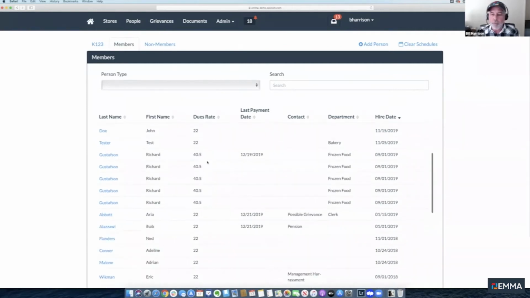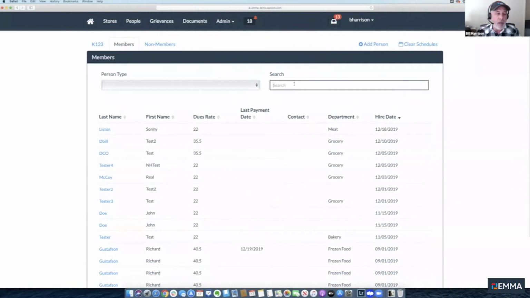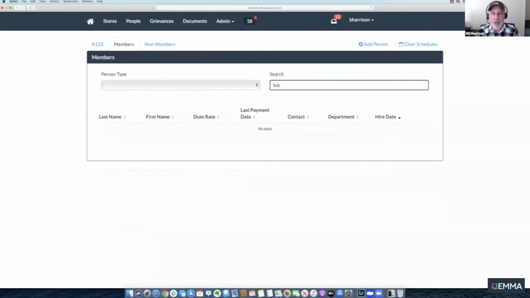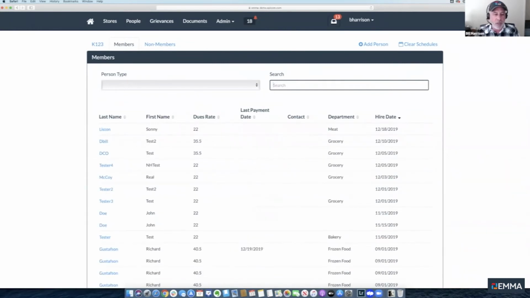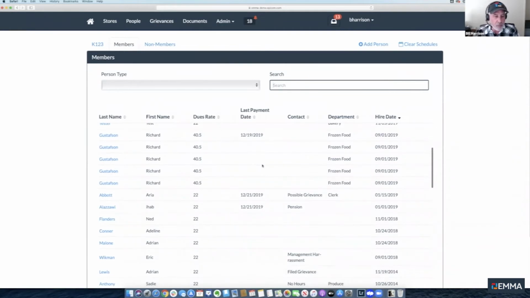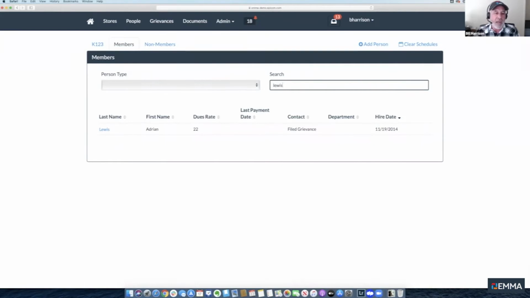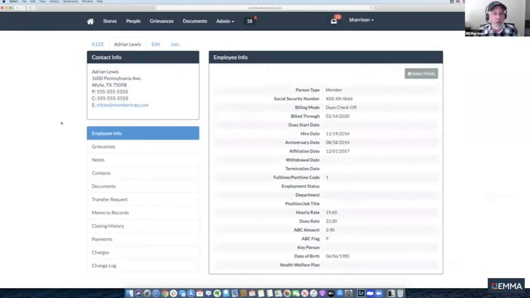So here are all of our members that are associated with this particular work location, and we wanted to, let's say, talk to somebody named Bob. Well, that's not good because I didn't get a good Bob. We got a lot of Richard Gustafsons in there. I'm not sure who that guy is, but we'll have to try to find him. So let's just go with Adrian Lewis. So when I want to find Adrian Lewis, again, I can just search here and pull Adrian's information up from